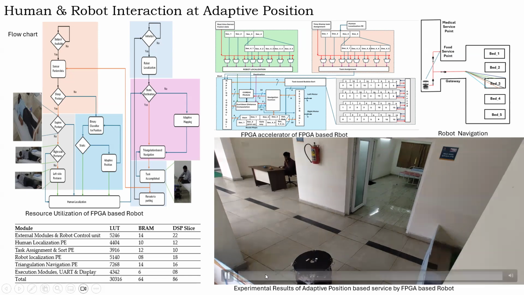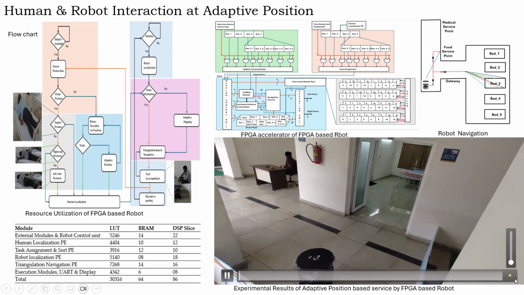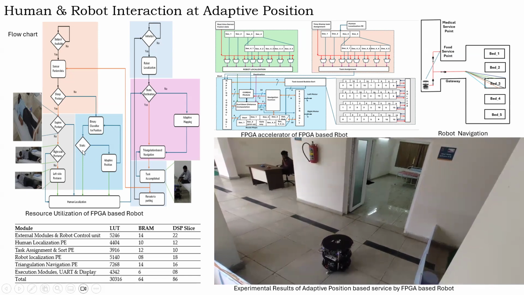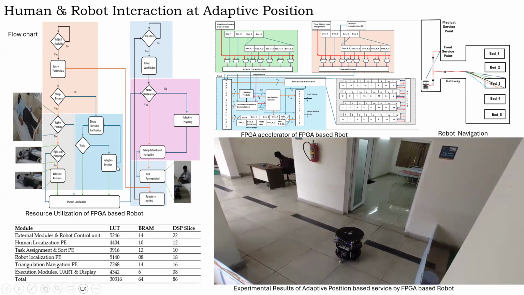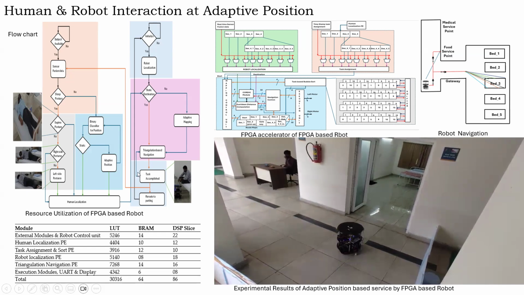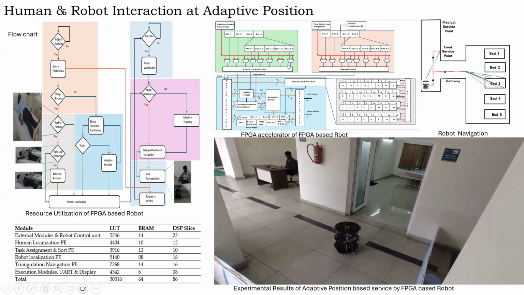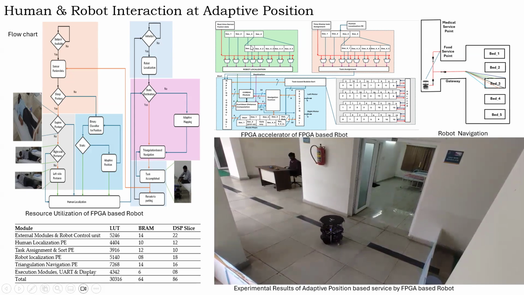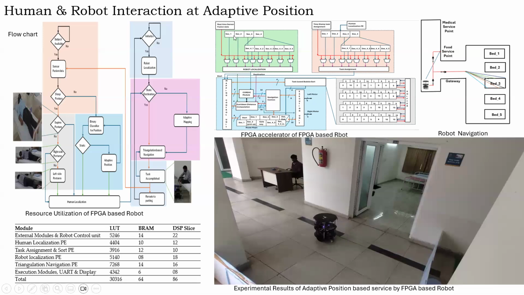Let me see this in parallel, the video, the experimental result. The previous video was regarding a static case. This was regarding an adaptive positioning system. In this adaptive positioning system, we'll discuss how the experiments come here. This was regarding an FPGA accelerator for an FPGA-based robot. Internally it compares the information about exactly where our